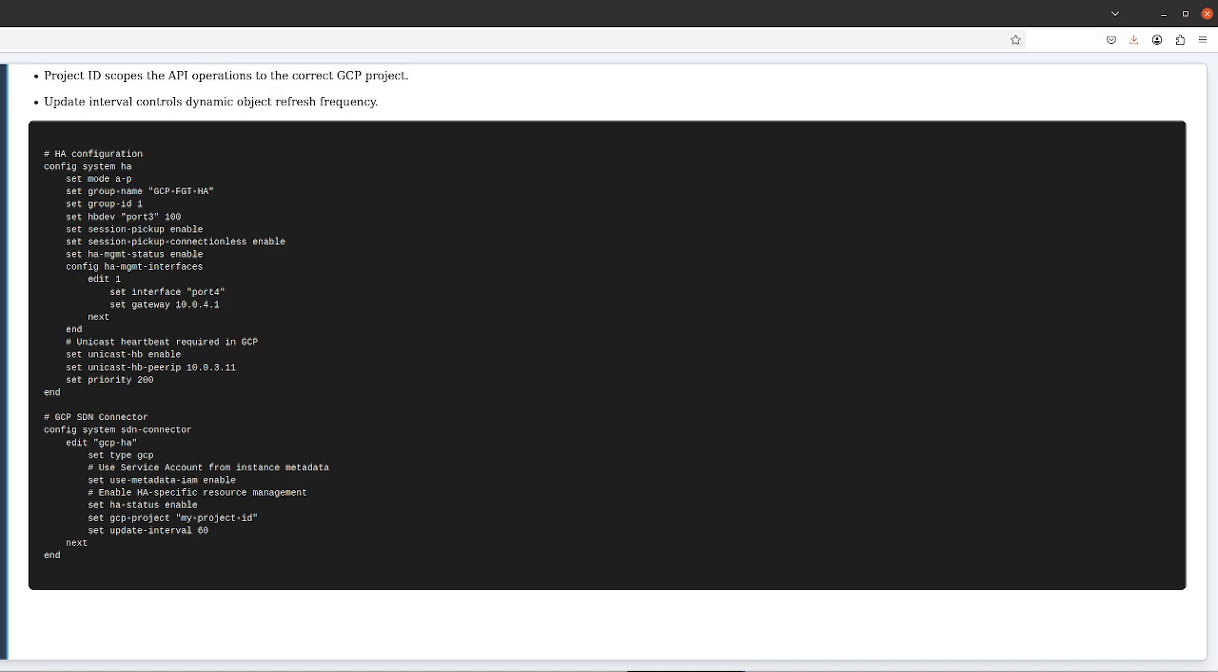Inside, edit 1 creates entry 1. The set interface port4 line designates port 4 as the management interface, which typically sits in the management subnet. The set gateway 10.0.4.1 line sets the default gateway for management-sourced traffic. The next line closes the edit 1 entry, and the end line closes the ha-mgmt-interfaces sub-block itself. The set unicast-hb enable line activates unicast FGCP, the cloud-compatible Layer 3 variant of the heartbeat